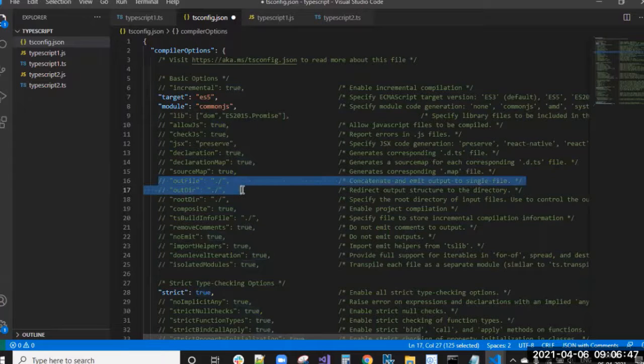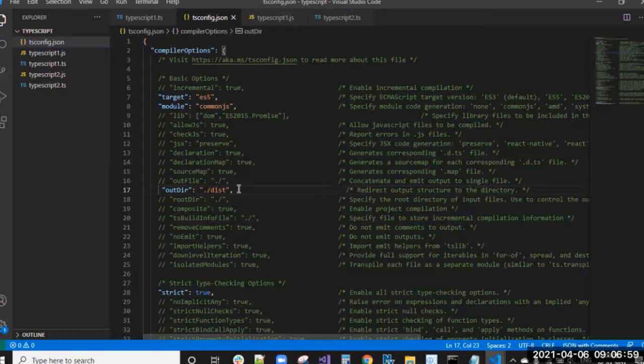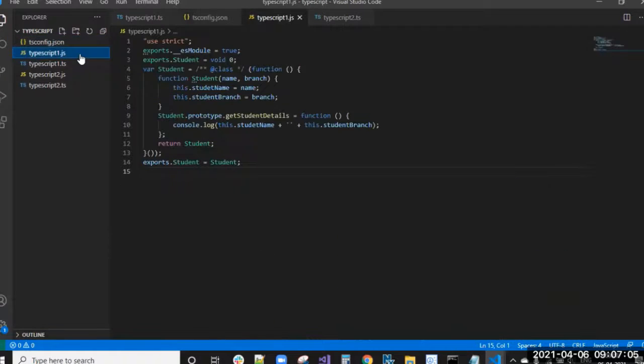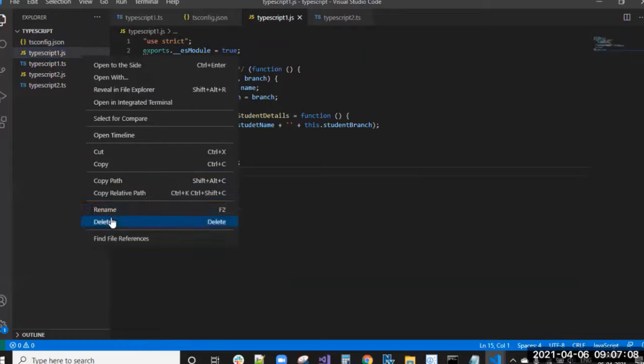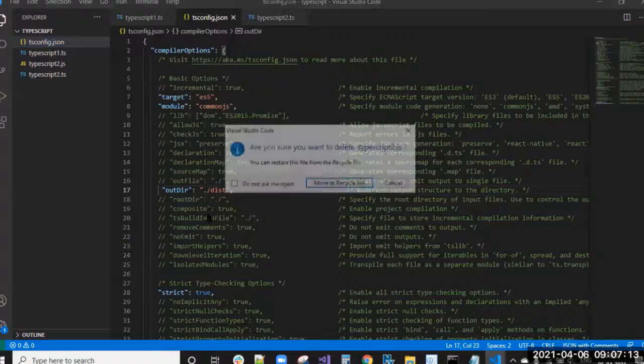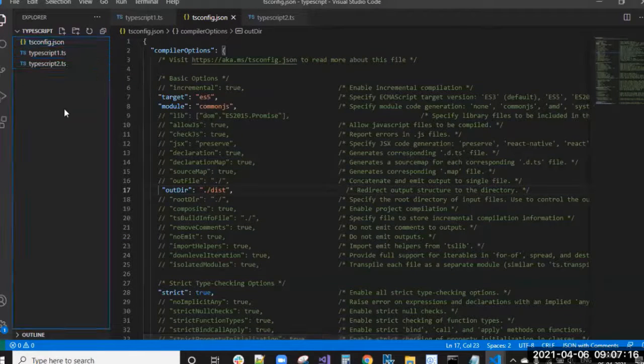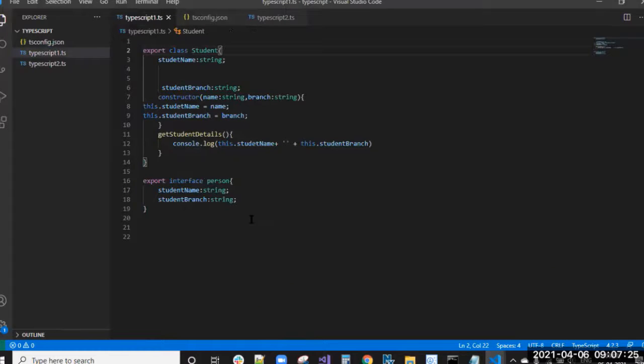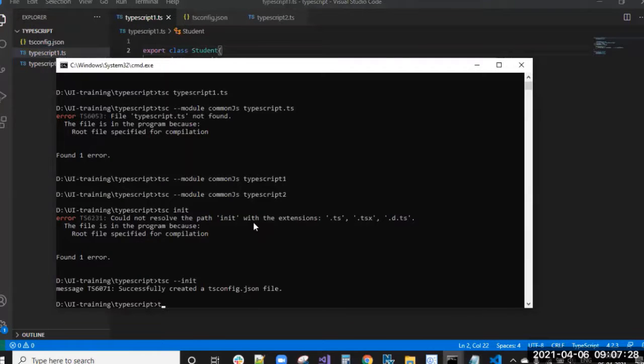Again, output file, output directory. By using this out directory, I want to compile and get these JavaScript files. I can remove these, deleting this one and this one also. Now I have given the output directory as dist. If I compile with TSC...